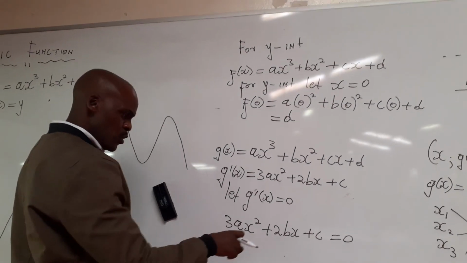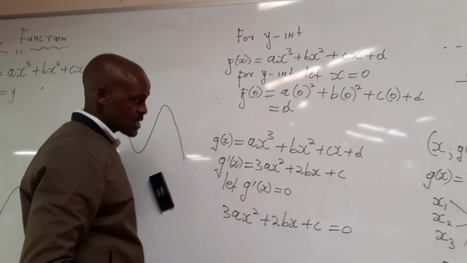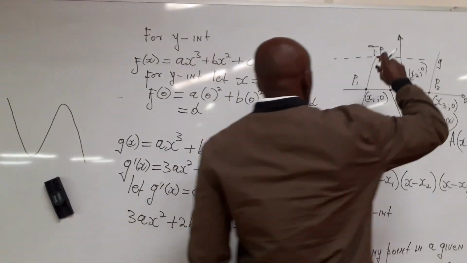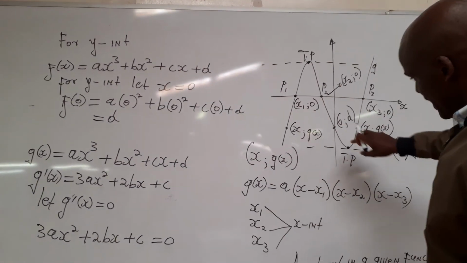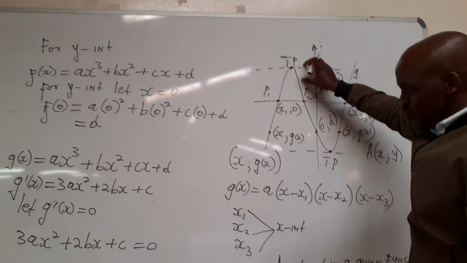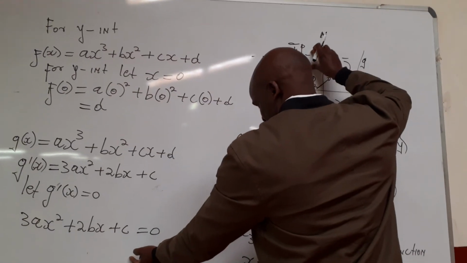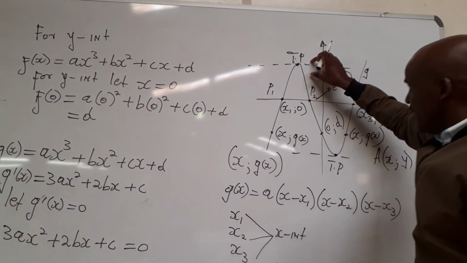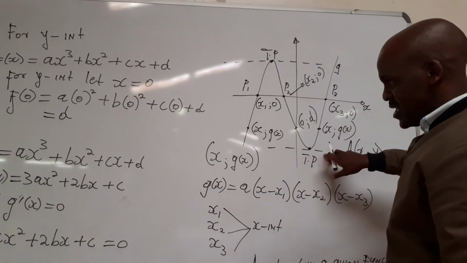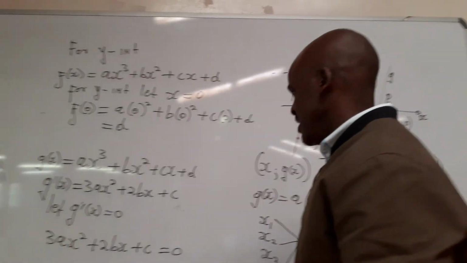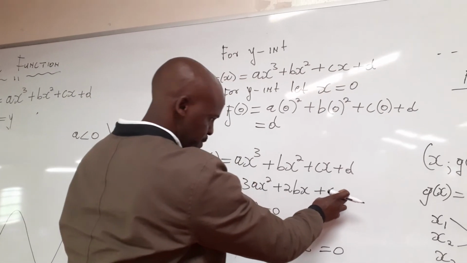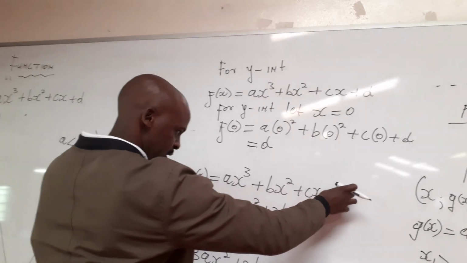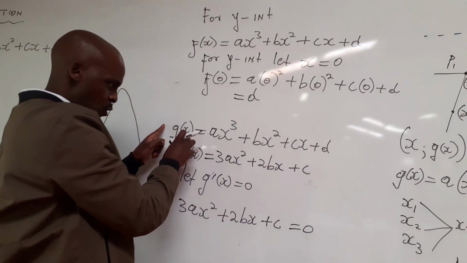And then use those values of x to find the y value at the stationary point. Remember that this is our gradient. G at x is our y, and then this is